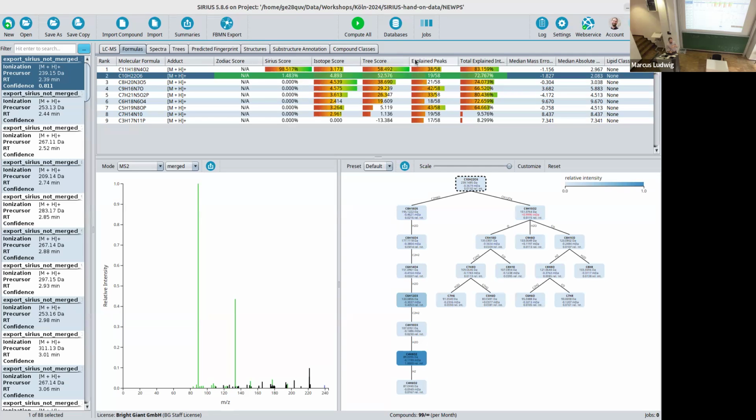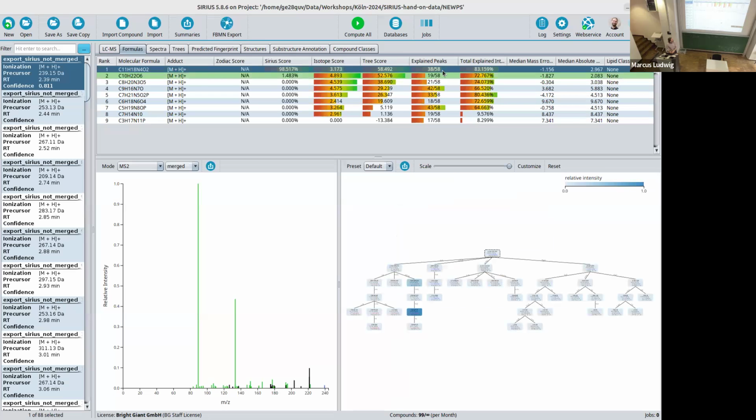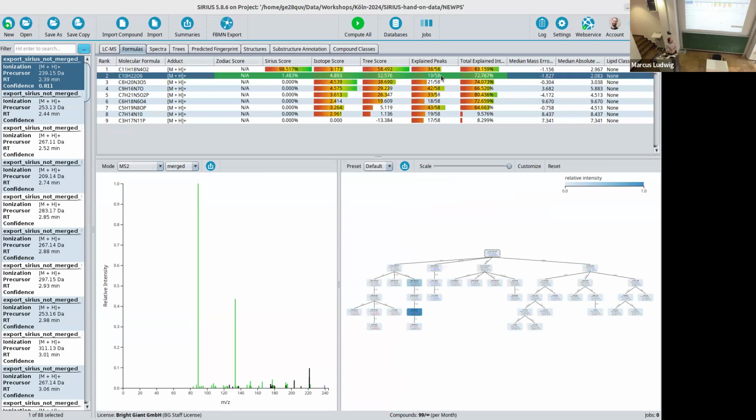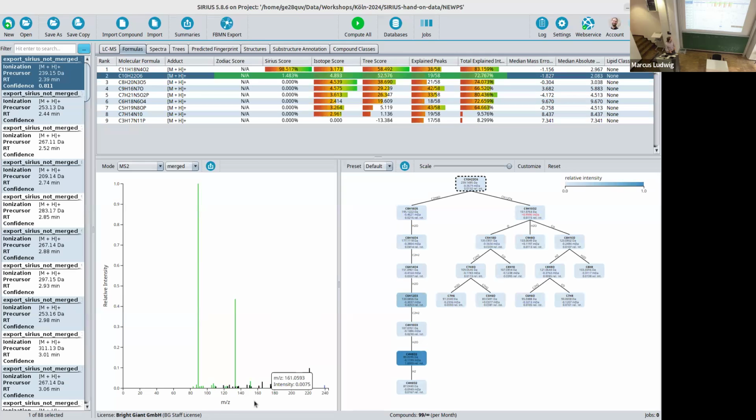That's the way we rank, but we also have some additional scores that help you to judge if this is a good spectrum, if this is a good hit. And this is explained peaks. It basically tells you how many of the peaks in my MS2 spectrum were explained by fragments of the fragmentation tree. And you can see here 38 of all the peaks were explained. For this molecular formula, only 19. So you see in the spectrum also highlighted, the green peaks are the ones that were explained, and there seem to be many peaks with this molecular formula that cannot be explained,